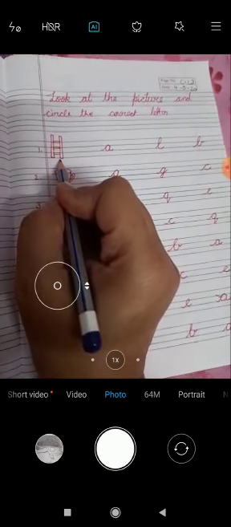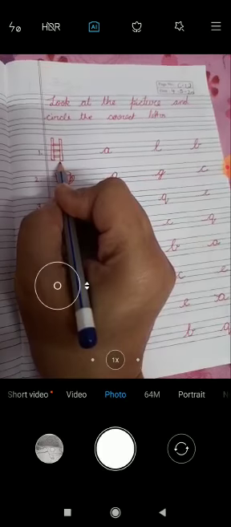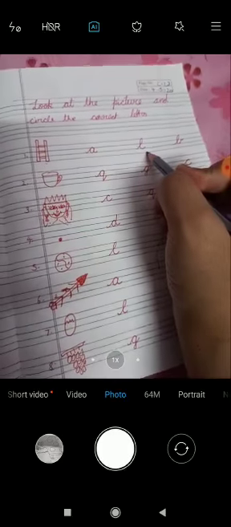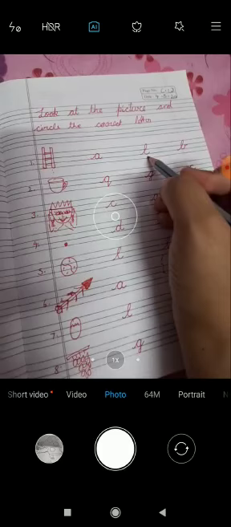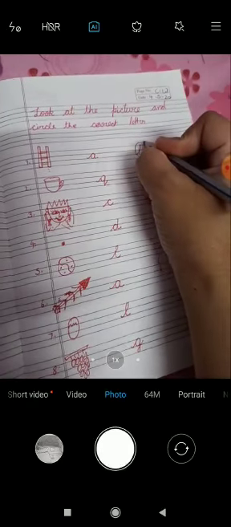So ladder. Ladder, what sound is coming? First sound is coming of L. Now tell me, A says A, L says L, and B says B. Ladder says L and L says L. So L is your correct letter. Circle the correct letter. Now next is cup.